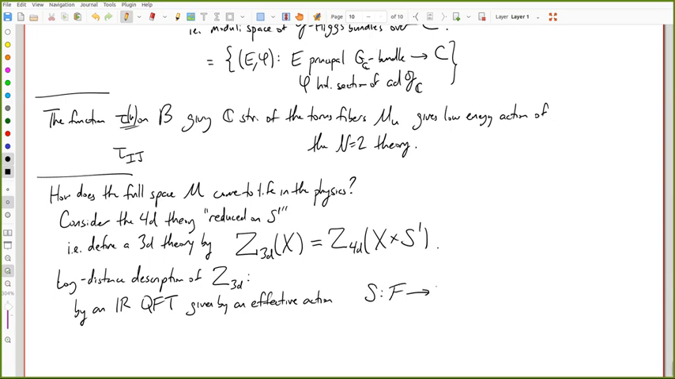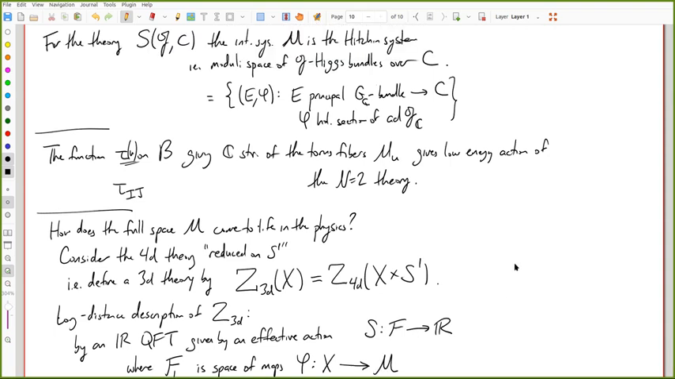So it'll be like, again, some function S from a field space to R, where now F bosons is the space of maps from our 3-dimensional spacetime, whatever it is, into M. So M, in other words, we had M, which is the